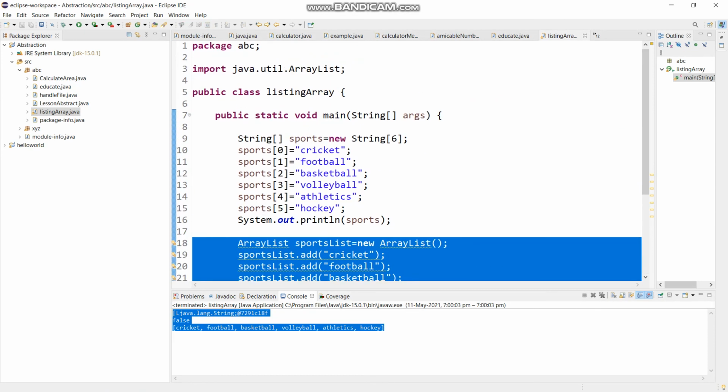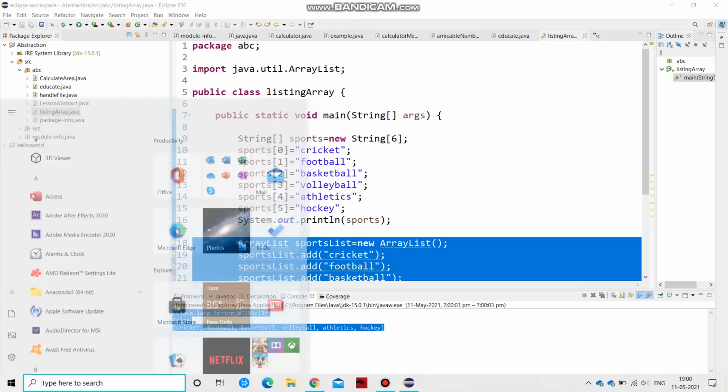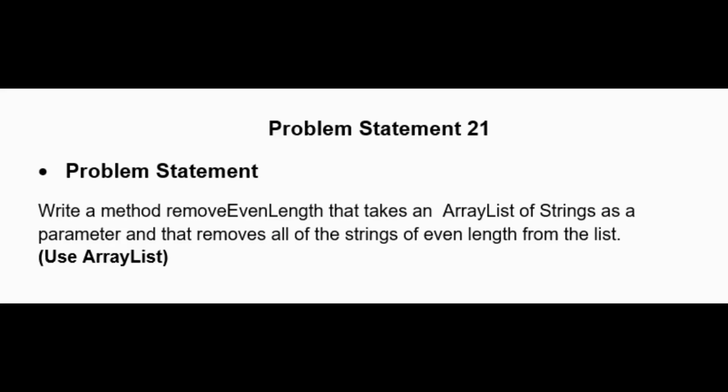We are going to solve a problem, problem statement 21. What this problem statement says is: write a method removeEvenLength that takes an array list of strings as a parameter and removes all of the strings of even length from the list.